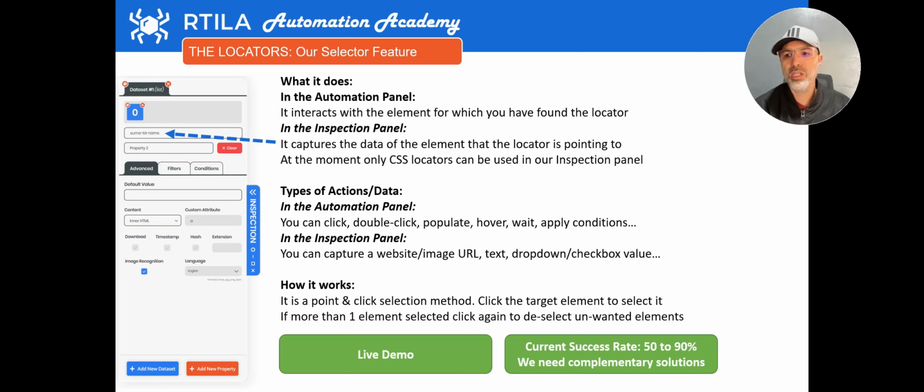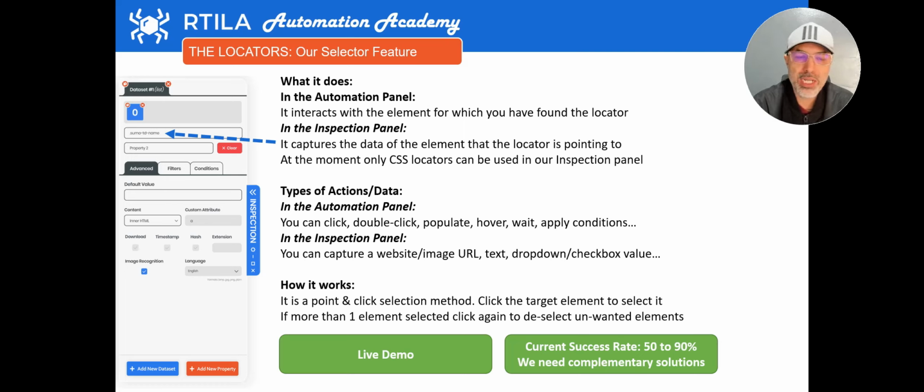This is what the inspection panel allows us to do once we find the right locator. This is a little bit how it works, and probably the best way is to give you a live demo. Before I give you the live demo, there is an assumption that we need to calibrate: sometimes when we use an automation tool, we think that it is going to get everything right